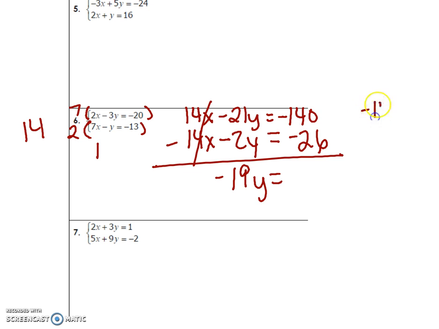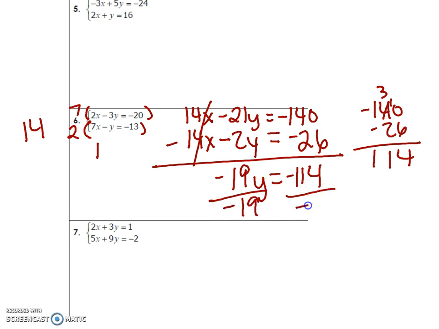So let's do negative 140 minus 26. So that gives us negative 114. Okay. So then we have to divide by negative 19, divide by negative 19, which gives us